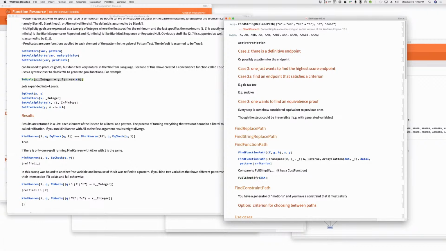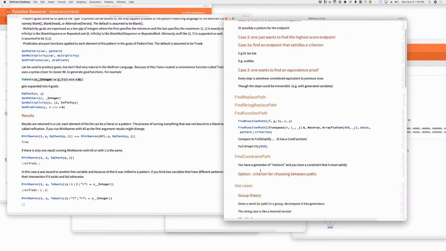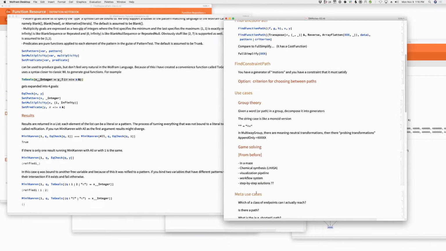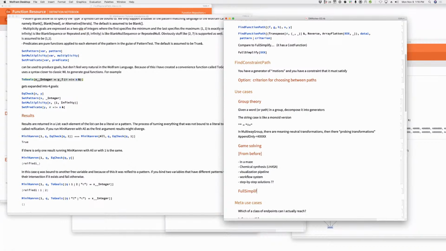Okay, so another one is, to what extent is FindDistribution also a thing related to this? So we've got things like FullSimplify. How is FindDistribution related to this? Because in FindDistribution, you're essentially,